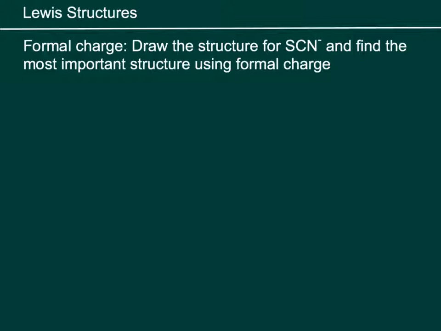So this pretty much right here, the most important structure, is telling us that there's going to be some kind of asymmetry to this. There's going to be a couple different resonance structures, and we're going to need to figure out which one is most likely based on the formal charge, the assignment of the electrons. So I'm going to go ahead and just draw the 3. If you need, you can go back and review how you get to these situations, how you get to look like this, but